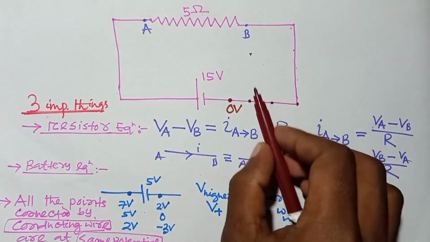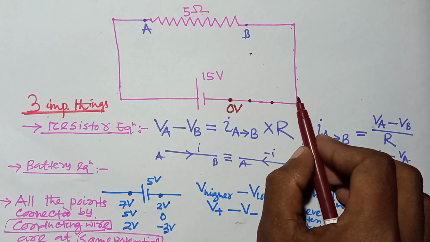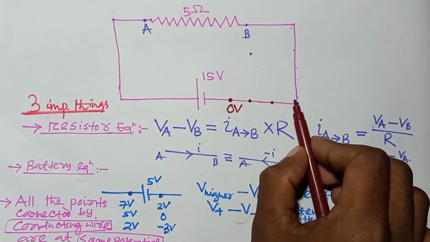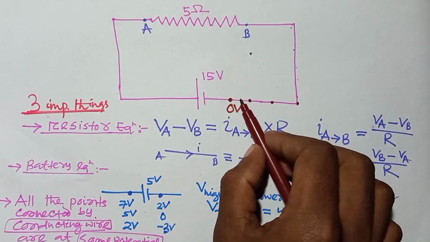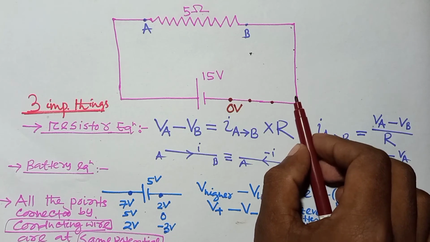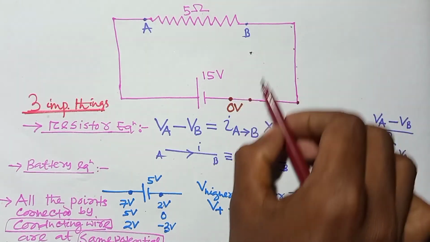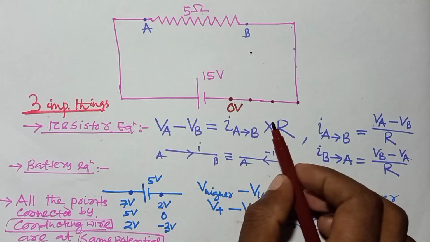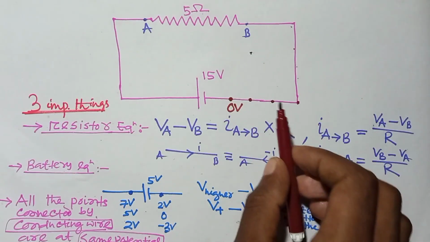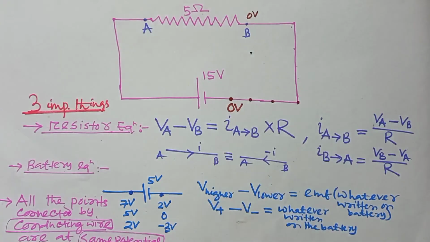Okay, unless and until you get a resistor or a battery or any other electrical element, you take the potential of the points to be 0 volt. जब तक आपको किसी एक रजिस्टर या फिर बैटरी या फिर एनी अदर इलेक्ट्रिकल एलिमेंट्स नहीं मिल रहा है, then you take the potential of all these points to be how much? 0 volt. Conducting wires imply the same potential. This is a very important point. So this point will also have a potential of how much? 0 volt.